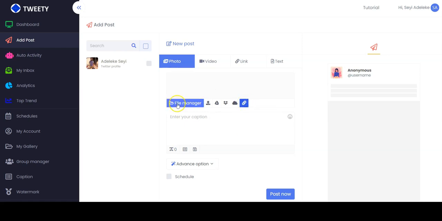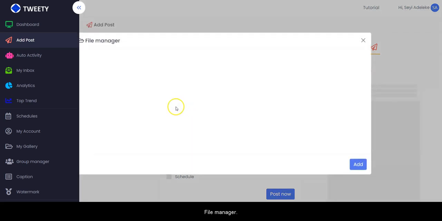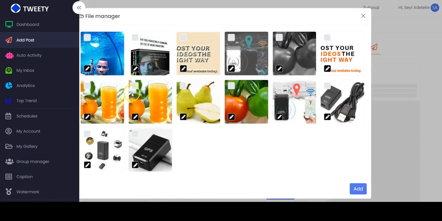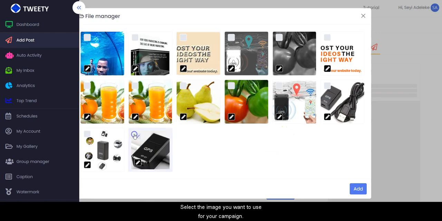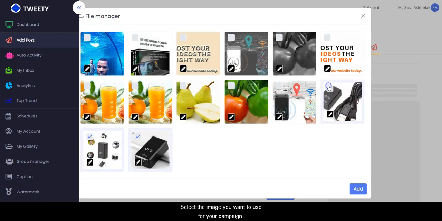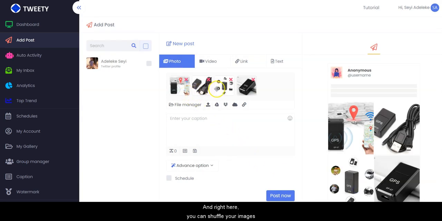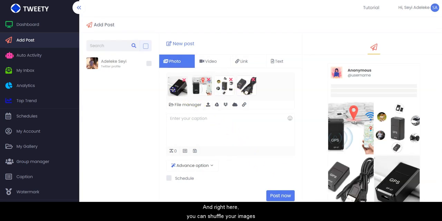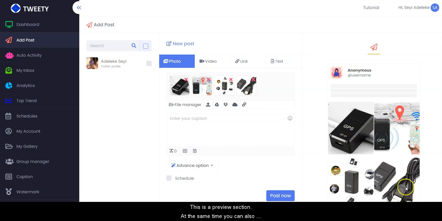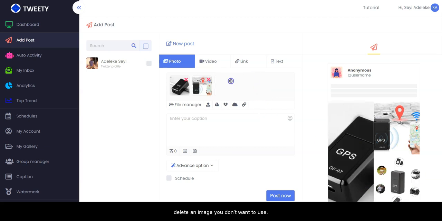URL. Alright, so File Manager, you select the image you want to use for your campaign. You can select more than one image, and right here you can shuffle all the images, and this is the preview section. At the same time, you can also delete any image you don't want to use,